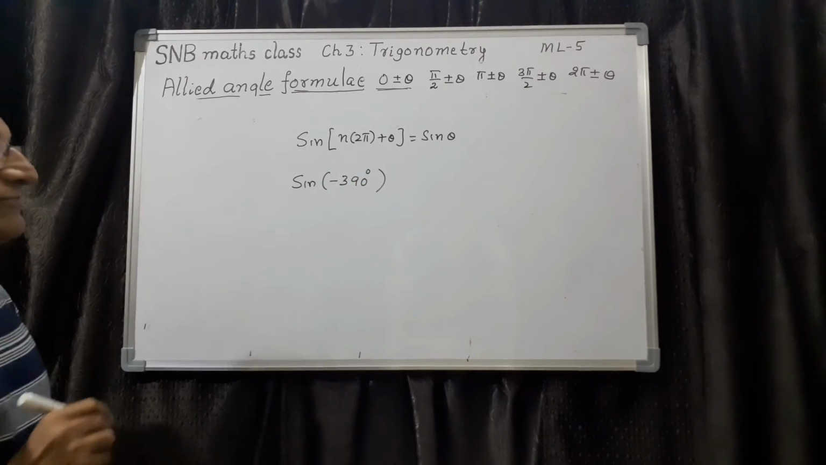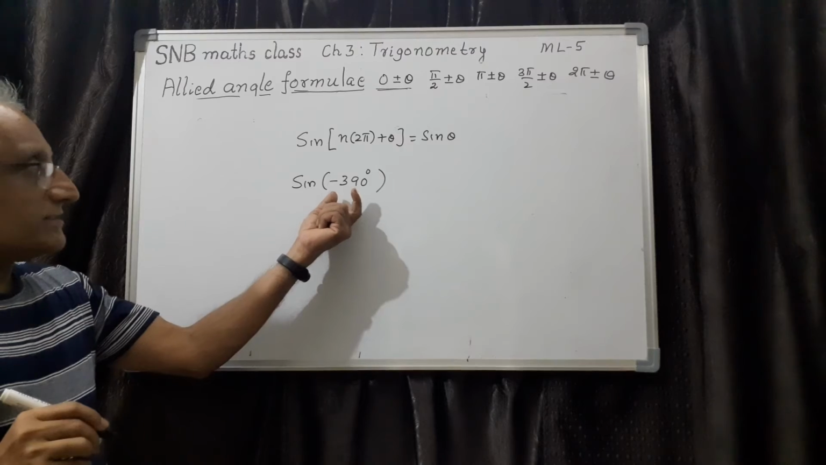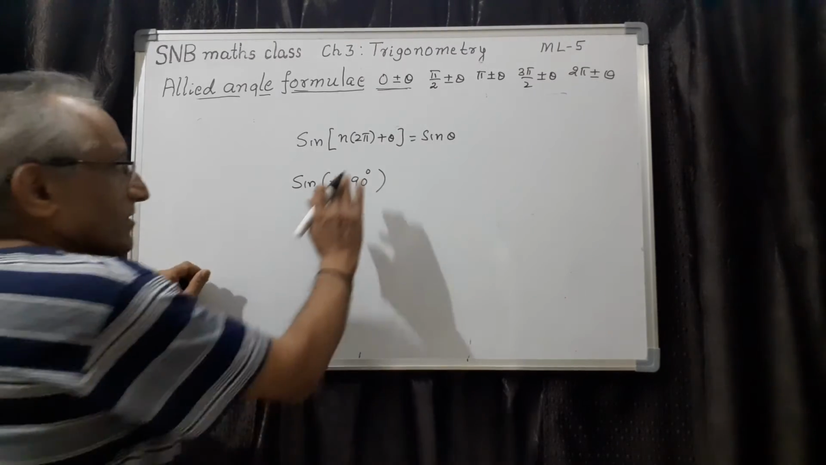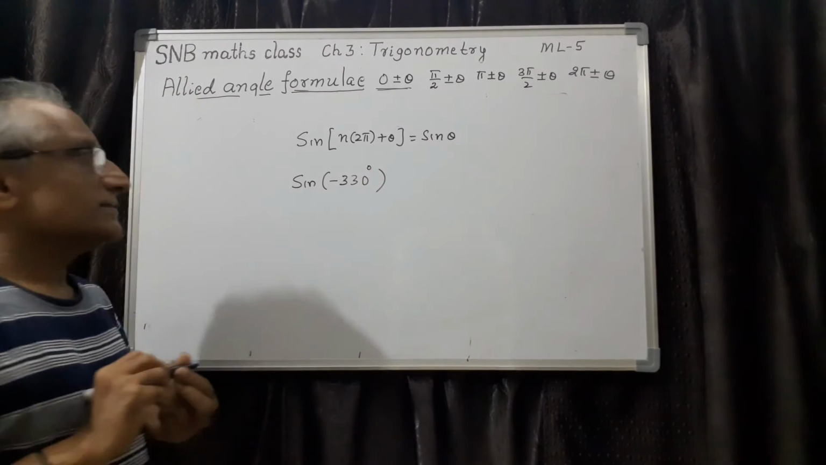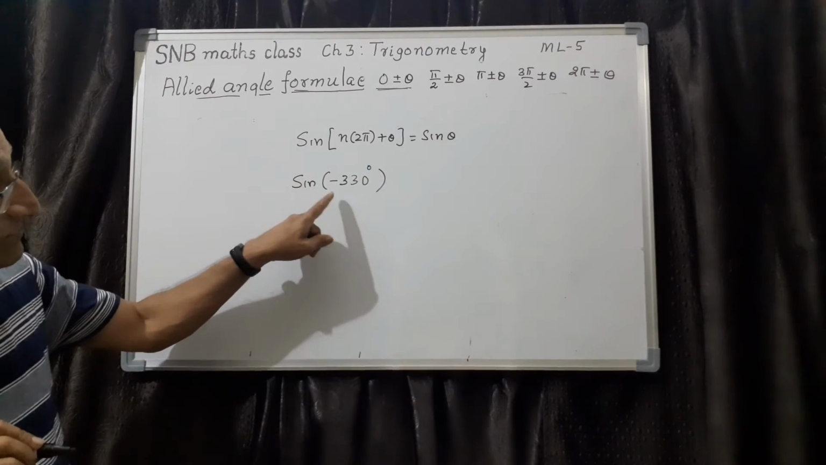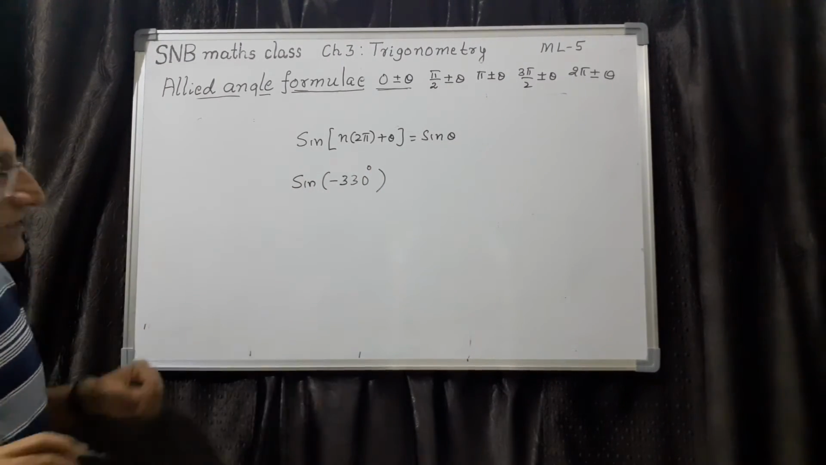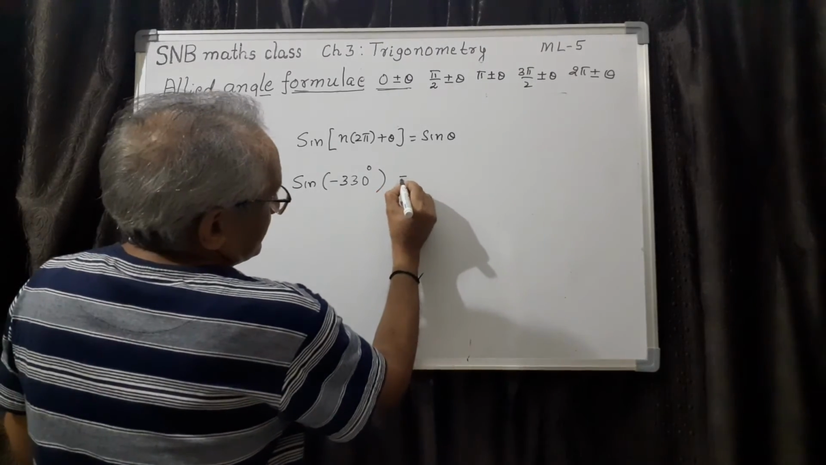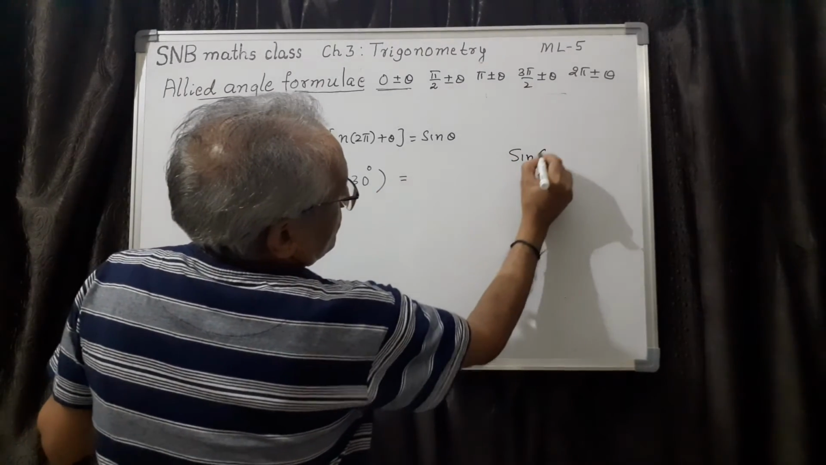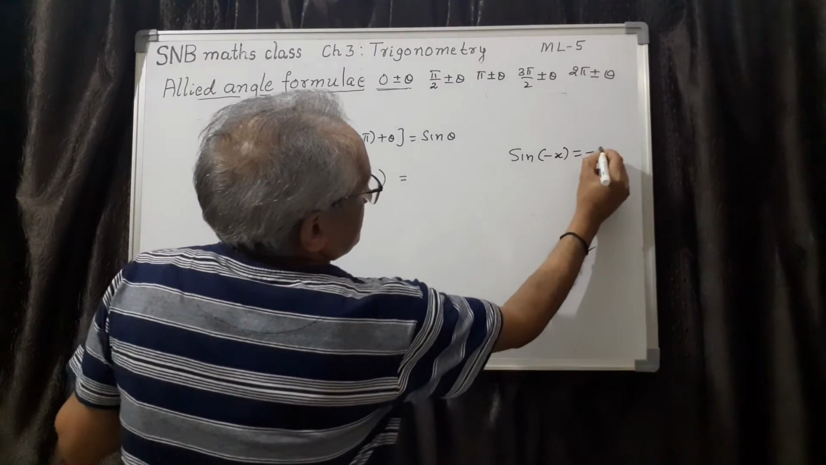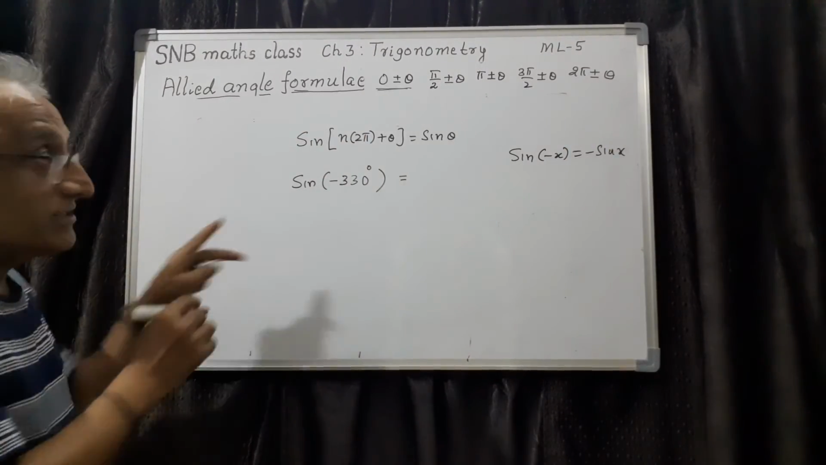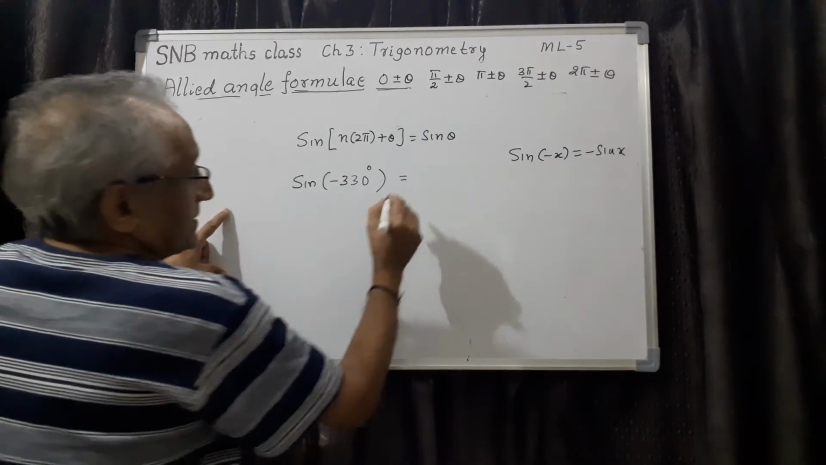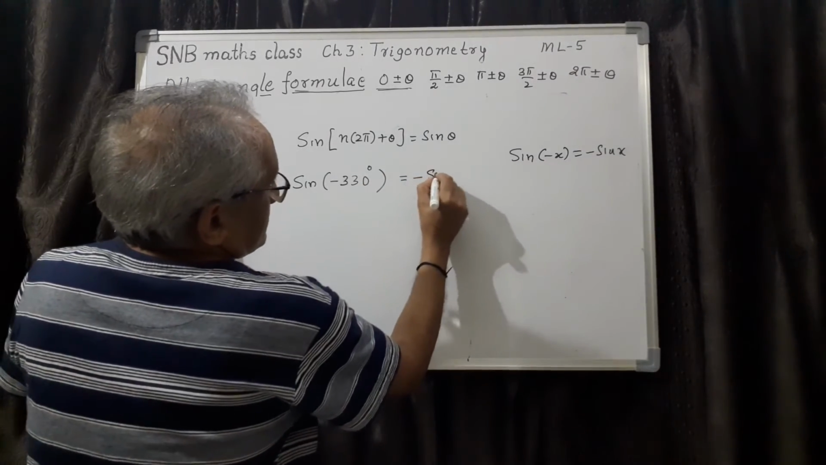390 degree, suppose I want to find sine of minus 390. So what I have to do is this minus 390, or I will take minus 330, that is better for calculation purpose. Let me take this one, 330 degree. I can do this by different methods. For example, one method is sine of minus x is minus sine x. We know. So once you understand the logic, you have to remember also. So this is minus sine